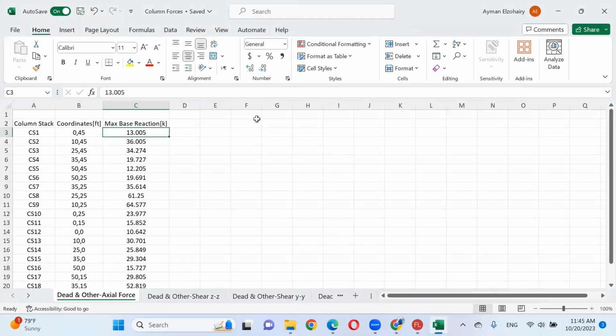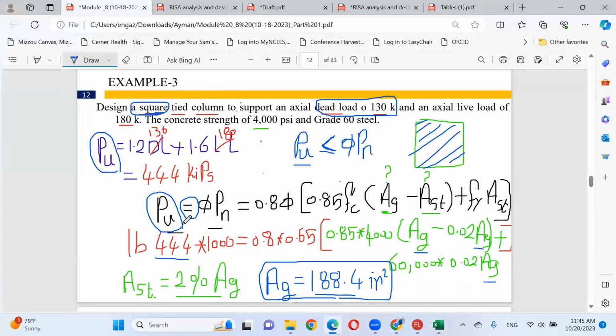Do you think this reaction will be the left side of your design like we did in this example? I have 1.2 dead load, 1.6 live load. This is your P ultimate. This P ultimate is the value which is coming from RISA. So my question is, is this the value that will be located here or something else?